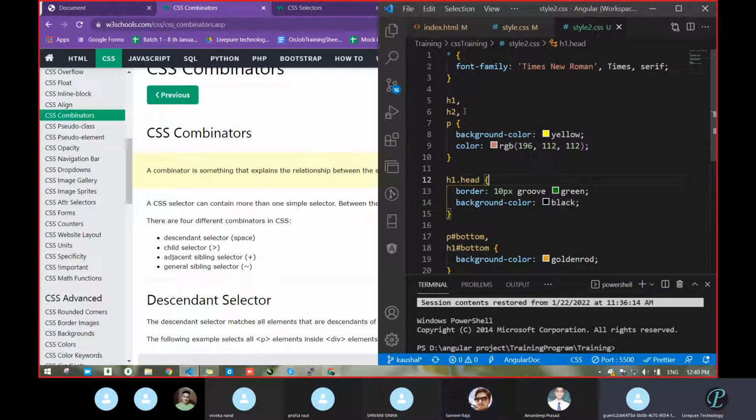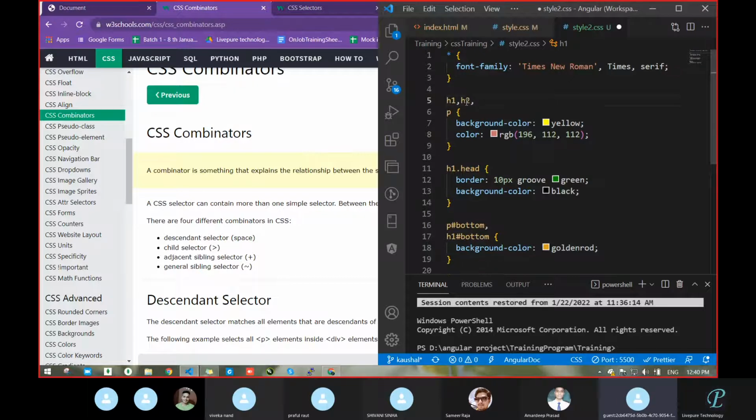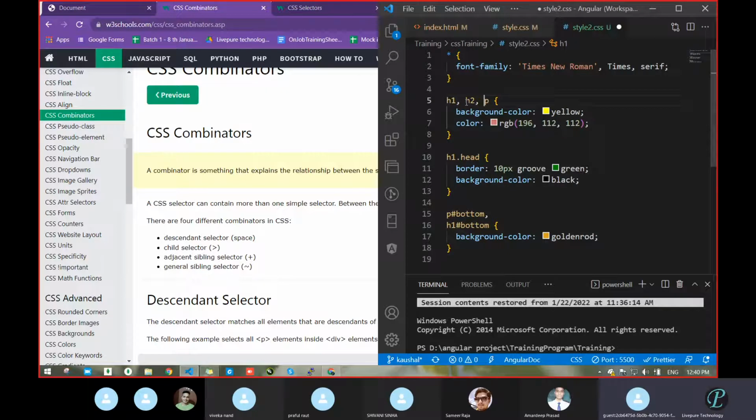Now see, a space in the sense just simple, like a tab you had passed here, a space. Then again this one, then you pass a space, then again in the last you pass a space. So simple selector, a space, and how we had passed, what are the criteria? So with tag, id, class. So simple selector means that one.